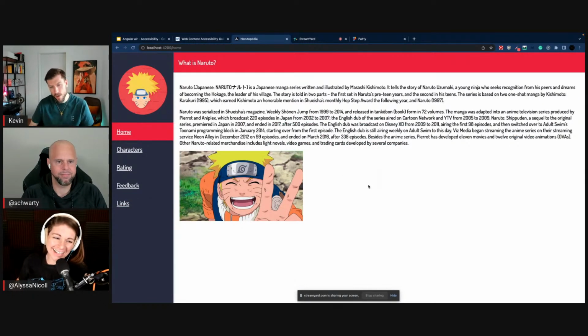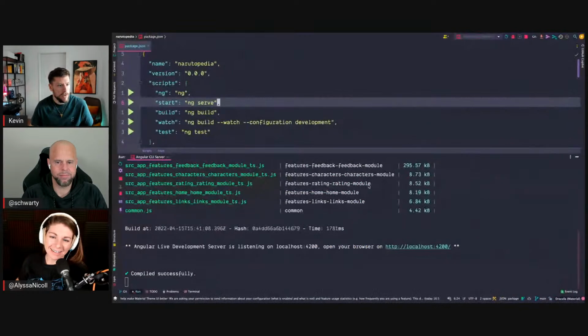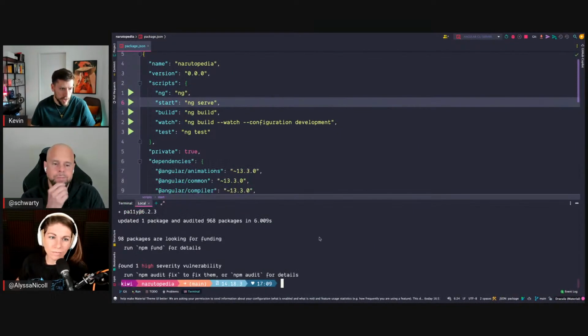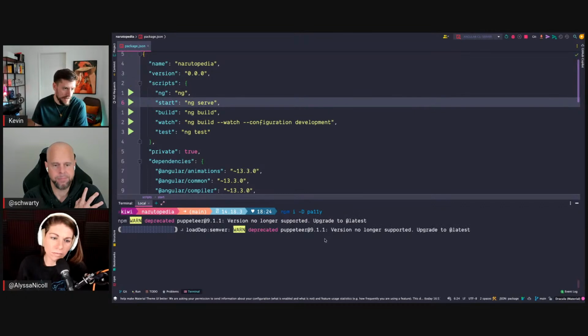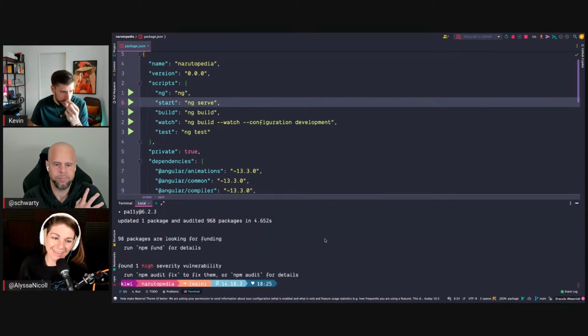So first, how can we detect that? To detect that, we can just npm install Pally as a dev dependency. And you see it also installs Puppeteer.